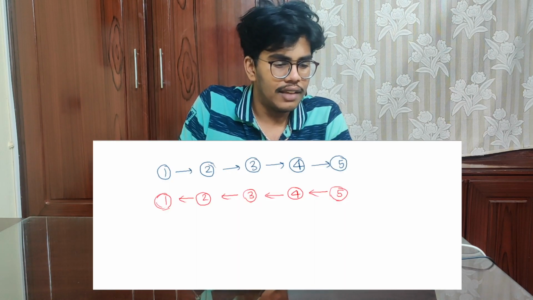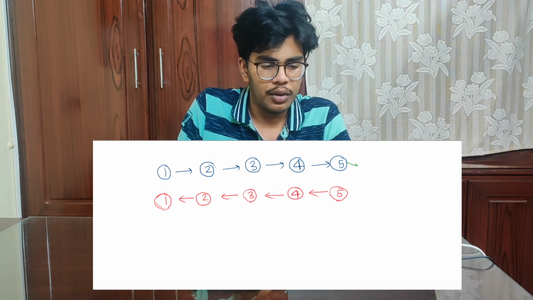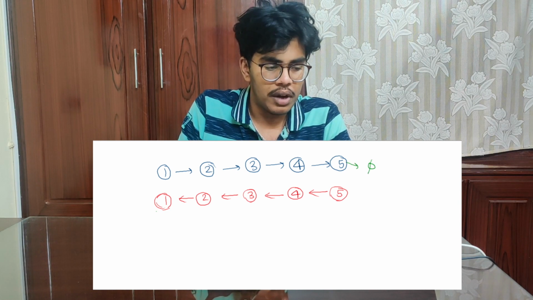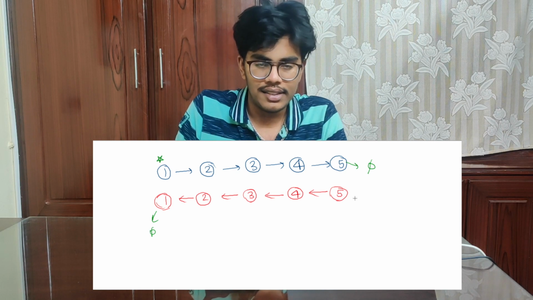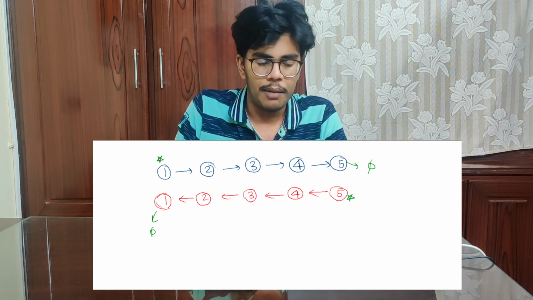So without using any extra space of any vector or set or hash map, you have to solve this question. And one more thing we'll observe from the given question is, initially 5 is pointing to null, whereas in this case 1 is pointing to null. In the input, 1 is the head pointer, and in the output case, 5 would be the head pointer. So the linked list is completely reversed here, right?